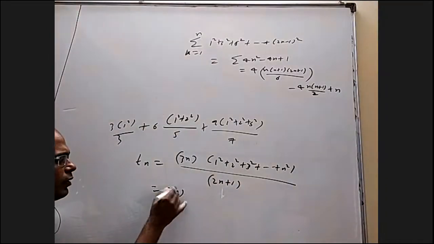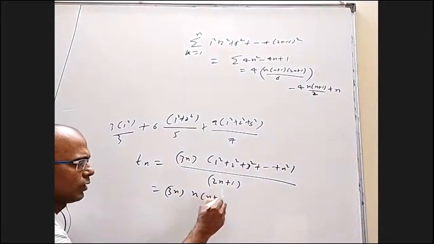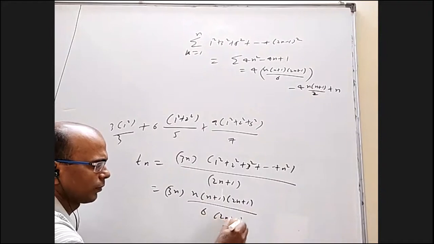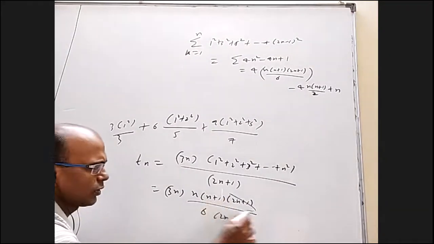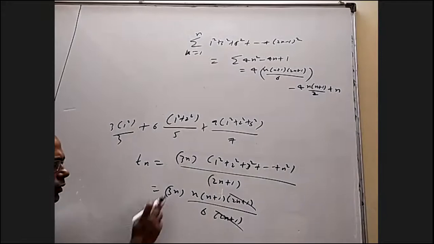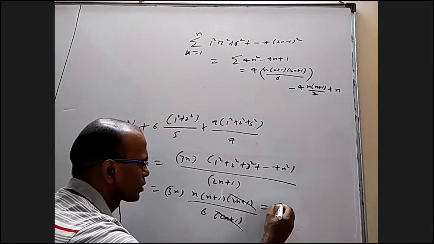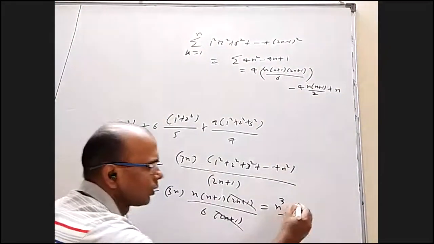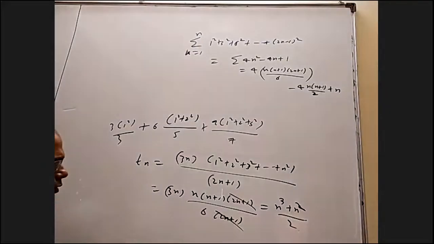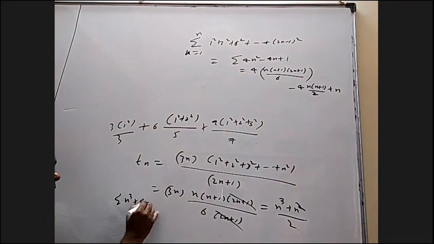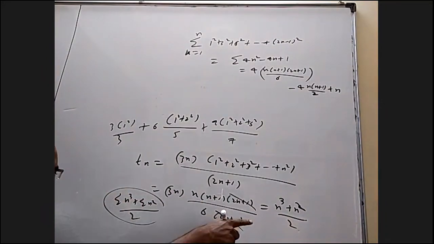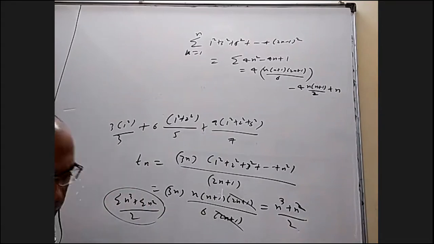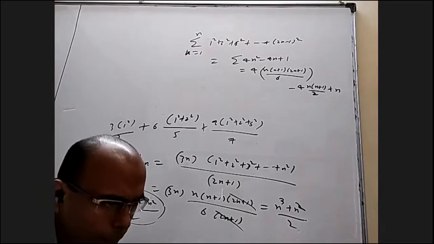And what is this formula? n into n plus 1 into 2n plus 1 by 6, and this is 2n plus 1. This 2n plus 1 and this 2n plus 1 I can cancel. It is actually n square. I can even split it and write n cube plus n square by 2. Now sigma of this we can find, which is sigma n cube plus sigma n square by 2. So this is the nth term, this is the sum of n terms. Find the formula here, simplify it, and then put n equal to 15. Is it okay? Okay, sir.